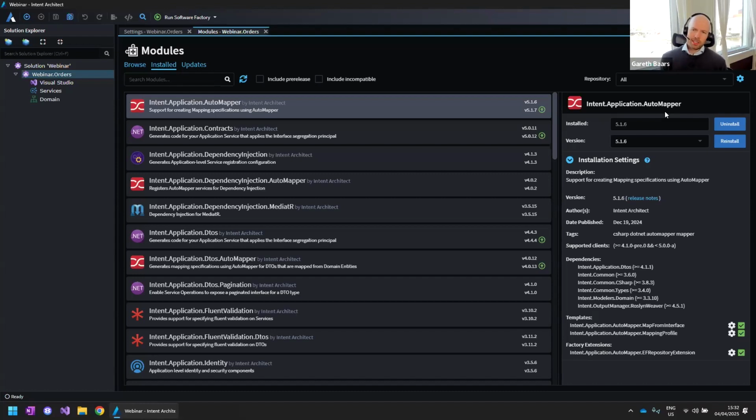What we could do with Intent Architect, to give you guys a bit of contrast here, is we could just create a new version of the pattern. Maybe we can call that version 6 of the automapper pattern. And let's just say that version 6 is also now compliant with Jimmy Bogart's new API. We can then just update our application. It could be several years into building this application. We can upgrade it to version 6.